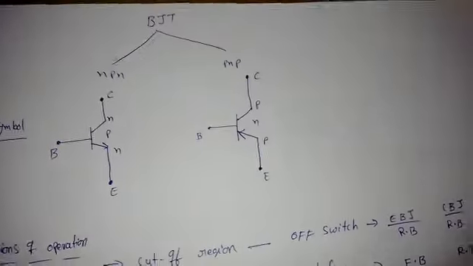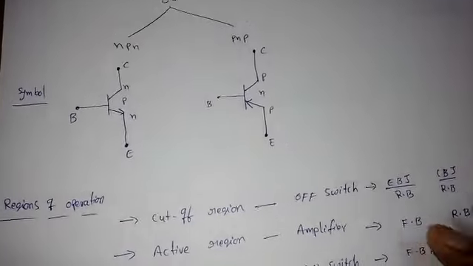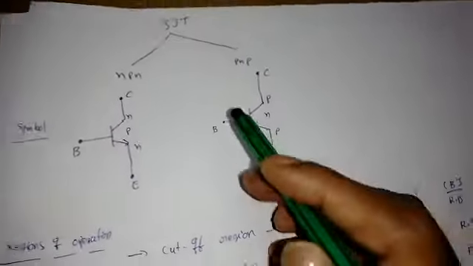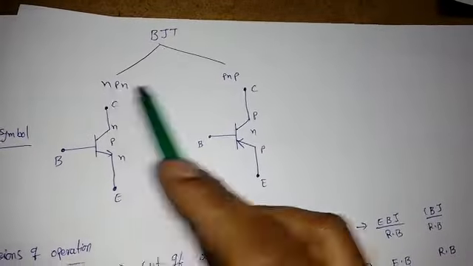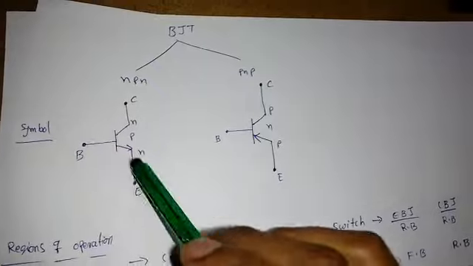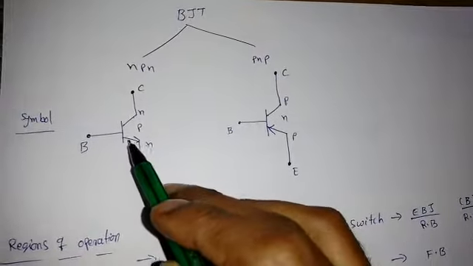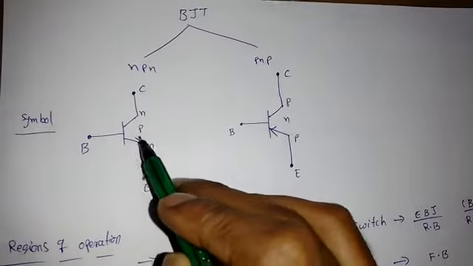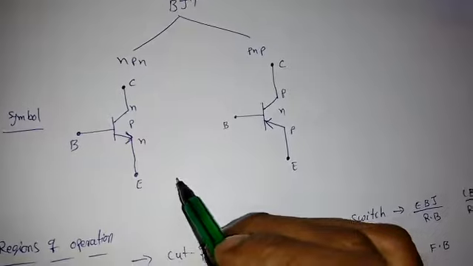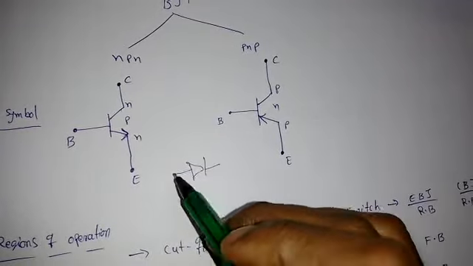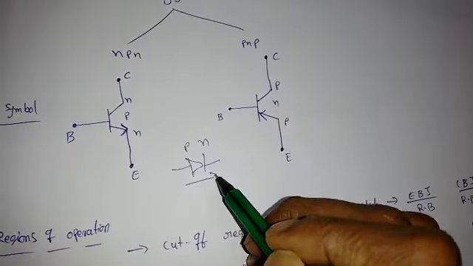We are going to discuss in detail what the conditions are for the active region, saturation region and cutoff region. Before that, there are two types of transistor, NPN and PNP. This is the symbol. Whenever it is NPN, at the emitter the direction of current is outward in NPN. The reason is, whenever a diode is forward biased, current always flows from P to N